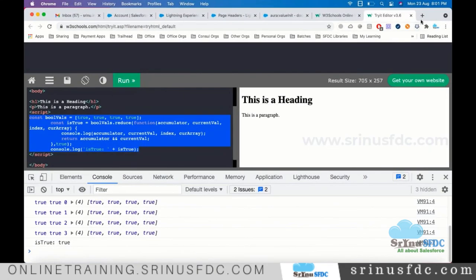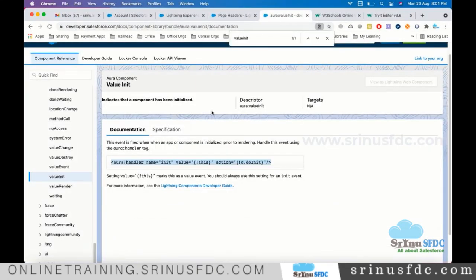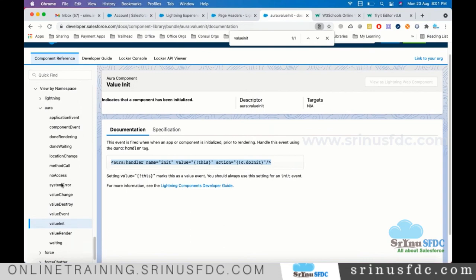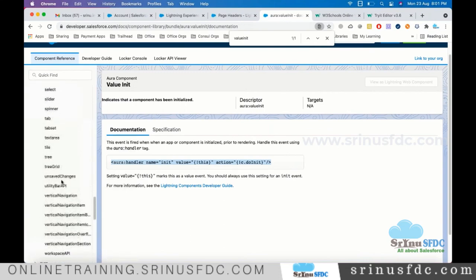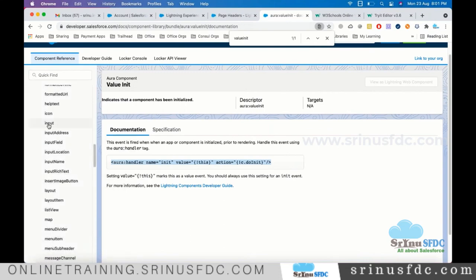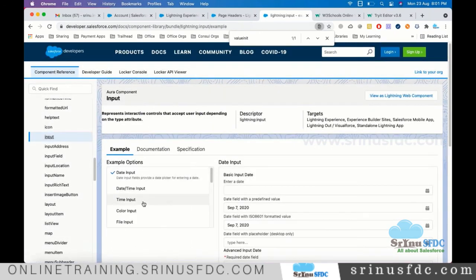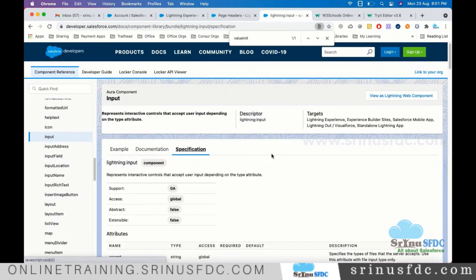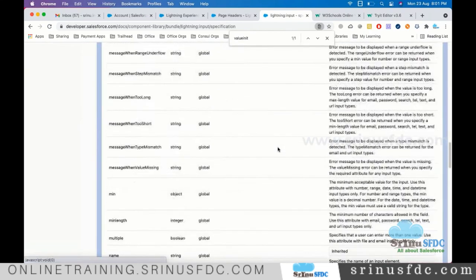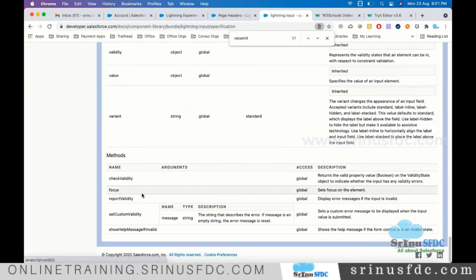Otherwise, there are some alternative functions. So what you can do, go to the component library and maybe use a function. We are dealing with these input types, right? So go to input. Now maybe go to specification. Here we have this checkValidity.